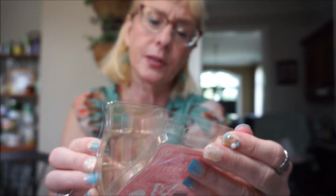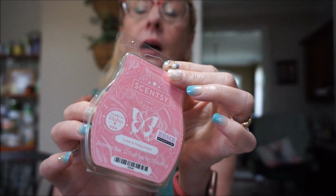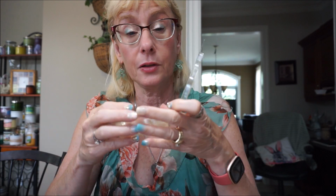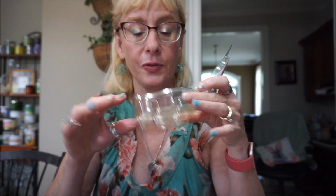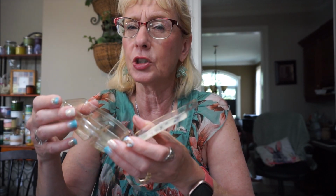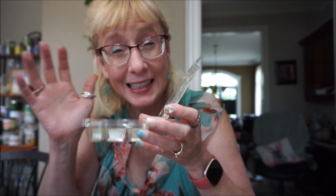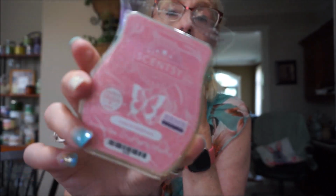This is Scentsy's Love and Happiness. So this is glazed chestnut, vanilla, sugar cane. This one actually was fairly long lasting and had a good throw, filled up the bedroom just fine. Yeah, I got more of that sugary vanilla than I did with the chestnut. I mean, there's a hint of that kind of nuttiness, but I definitely get more of that sugary vanilla